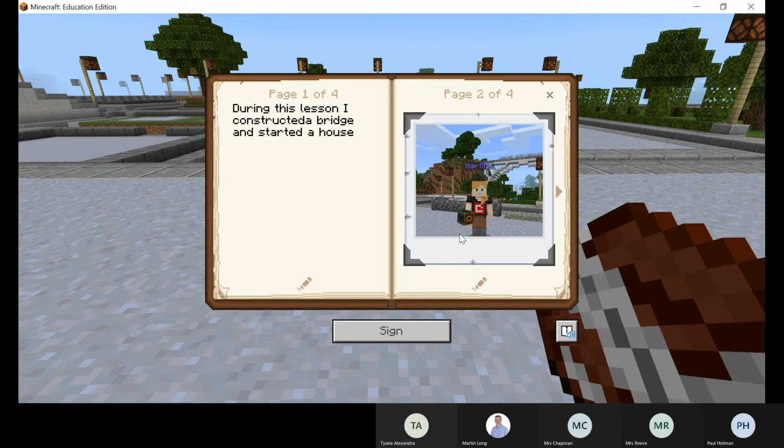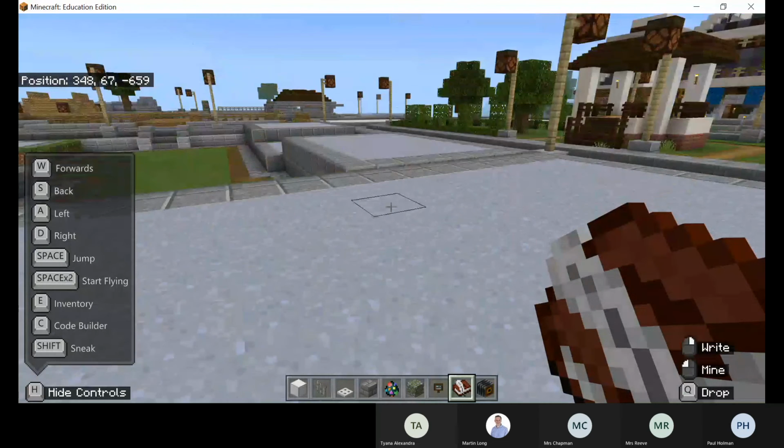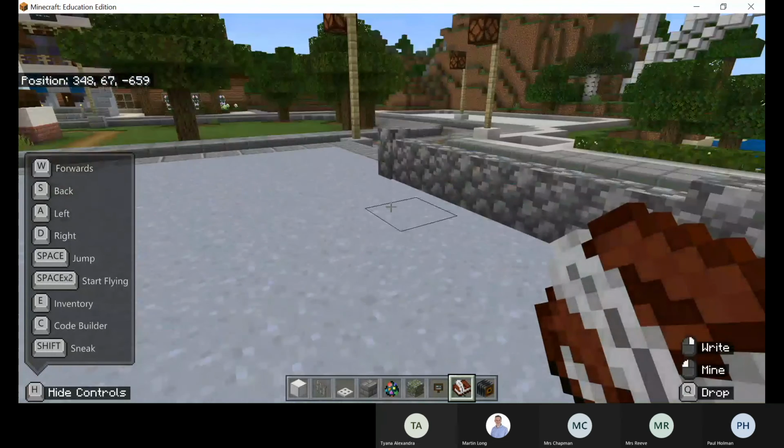So it's not just an environment you go in to mess around. It very much is educationally focused, and it can be twisted to all sorts of scenarios. So Minecraft Education Edition, it's endless. It's got scope to go in all directions and all subjects. It's just where the pupils want to take it.